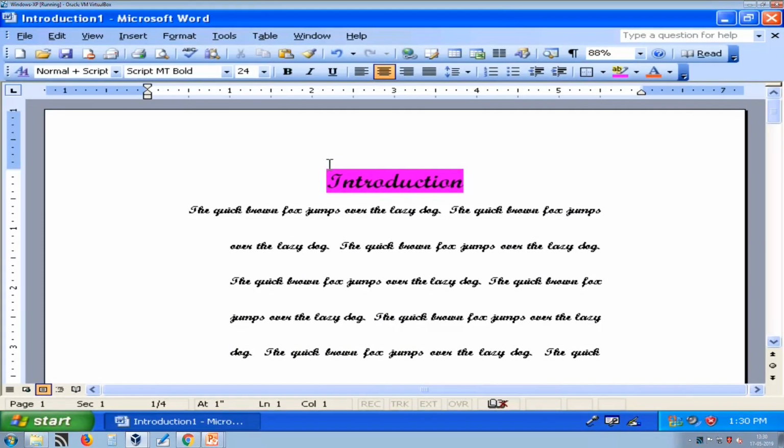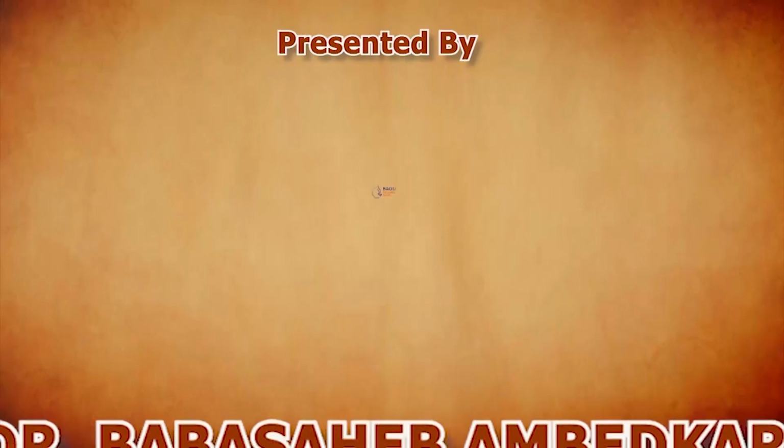Okay friends, in today's session we have learned how to use the formatting toolbar, how to create a new document, how to save your file, how to open your file, and how to create a duplicate file using Save As features. And we have learned a few options from the File menu and how to copy, cut and paste your content. I hope you enjoy this session. Thank you and happy learning.